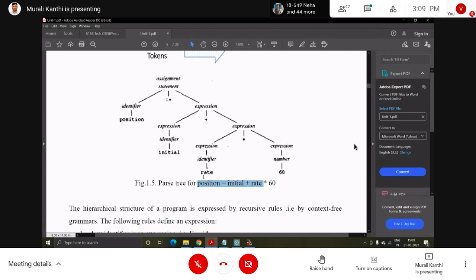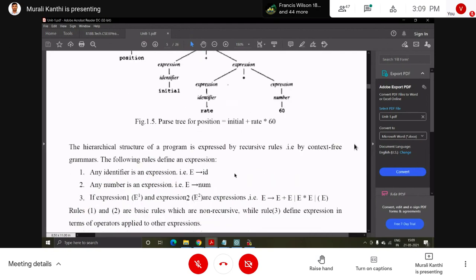Now all are the same type. If position, initial, rate are holding integers, then 60 is simply taken, 60 is also an integer. Okay, so no problem. So this kind of checking is done in the semantic analysis.